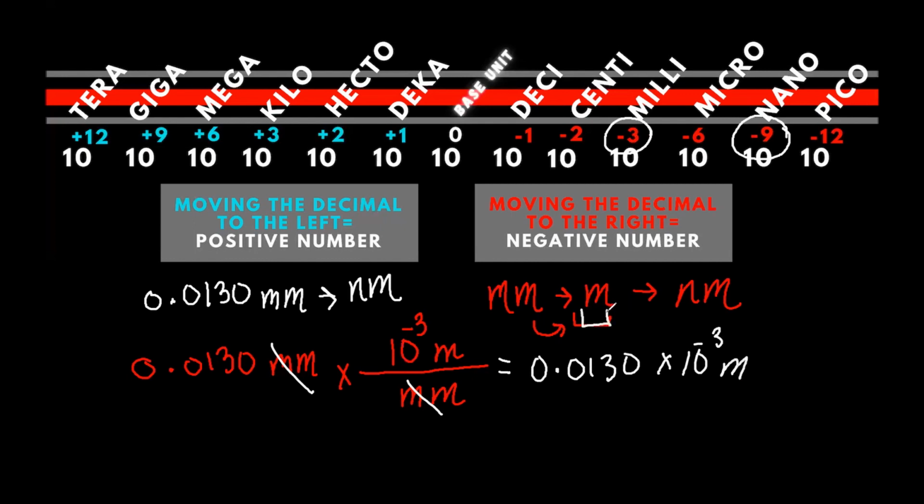So we are right here now, and we're trying to move on to nanometers. So what I want is going to go at the top. I want nanometers, and what I want to get rid of is going to go at the bottom. I'm trying to get rid of meters. And then I have to write what the prefix stands for next to the base unit. So nano stands for 10 to the -9. I'm going to go ahead and write this here. You're going to plug this into your calculator, and your final answer is going to be